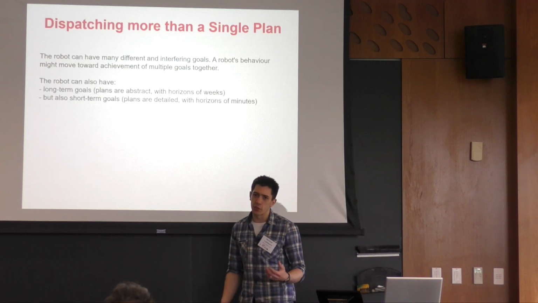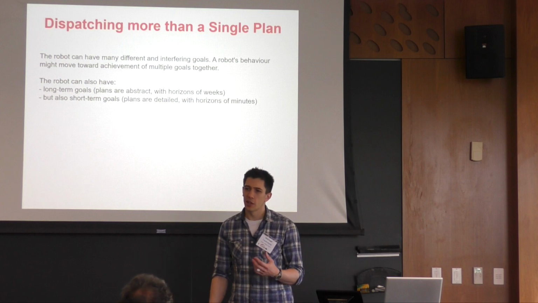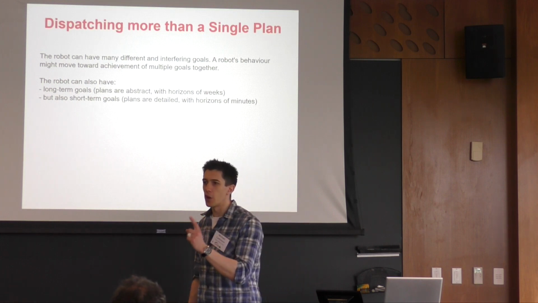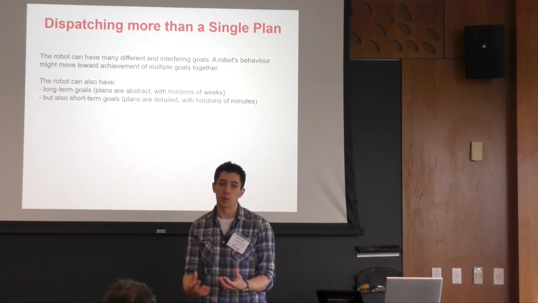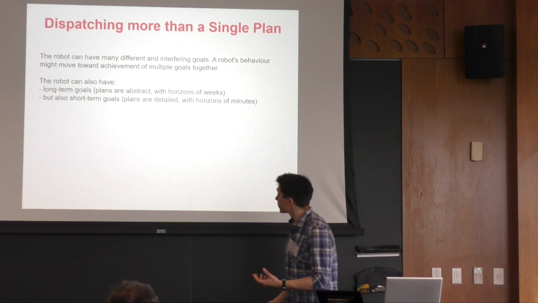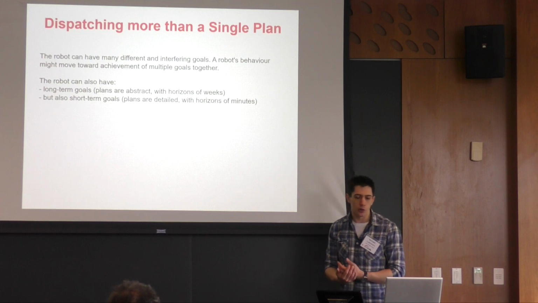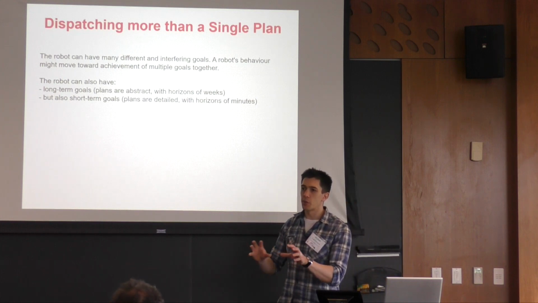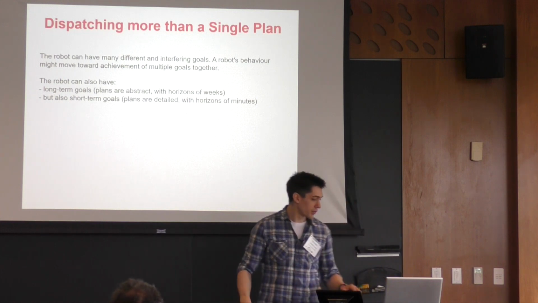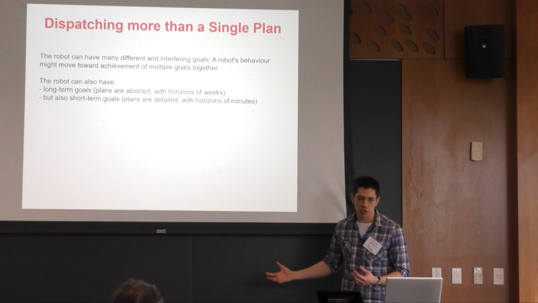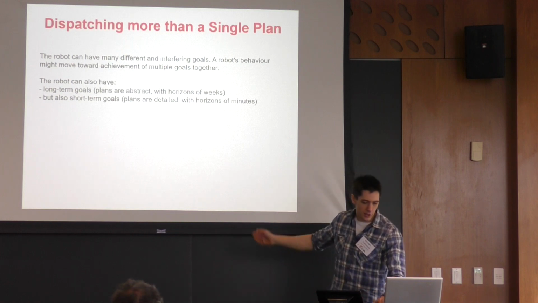As Dan said previously, if we desire persistent autonomy, we're not just planning once and executing that plan. At least we'll need to be able to replan when the plan fails. But we can also have long-term goals and short-term goals, which we combine, as he talked about, in the strategic and tactical sense. I'll show you how we performed the strategic and tactical planning in ROSPlan.